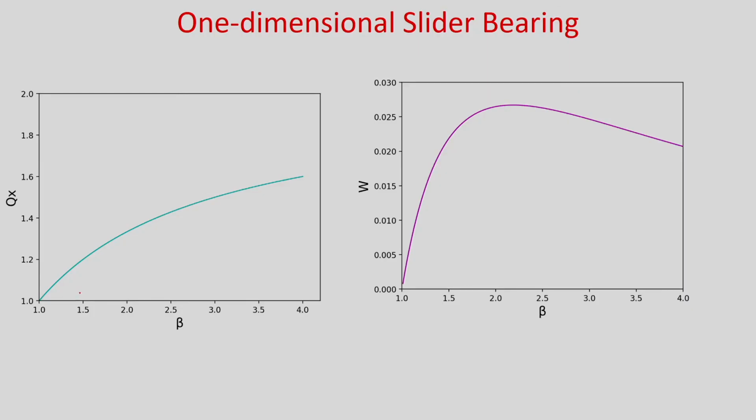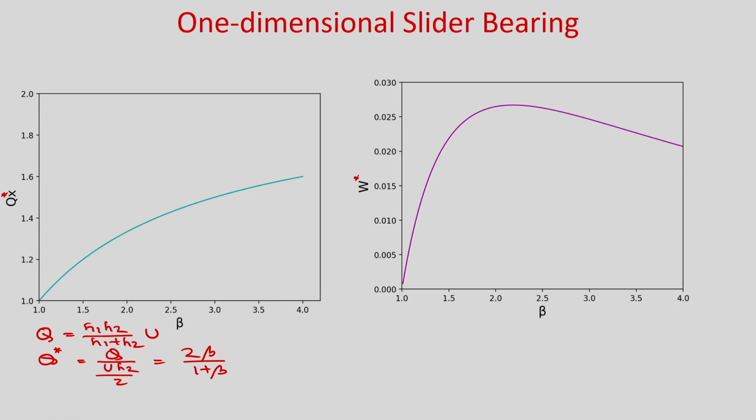Now, we have calculated the volumetric flow rate, and if we express it in non-dimensional form and plot it with beta, then we will get, so Q we have H1 H2 divided by (H1 plus H2) into U, and Q star will be just Q divided by U H2 by 2, then it will be 2 beta by (1 plus beta). Okay. So, you can see if we plot this Q star versus beta, gradually this volumetric flow rate will increase as taper ratio increases.